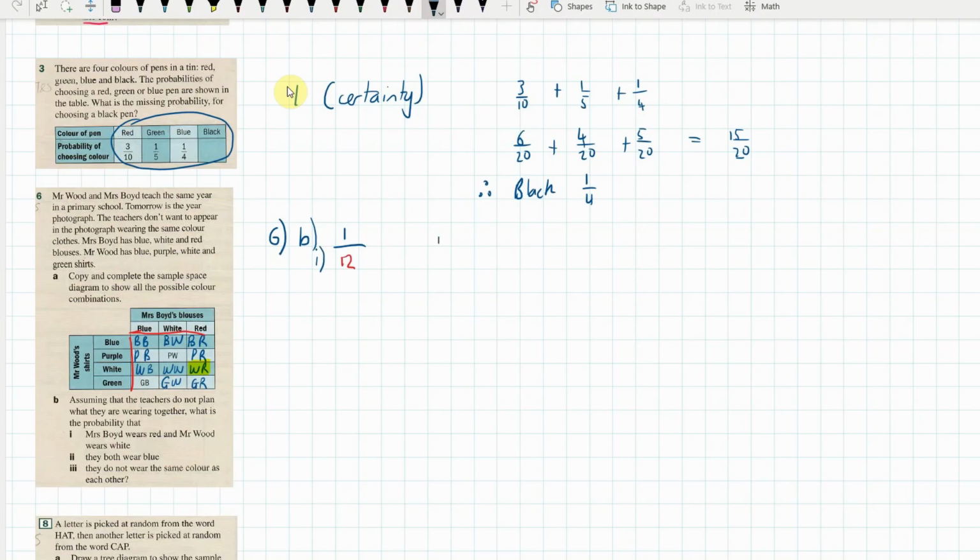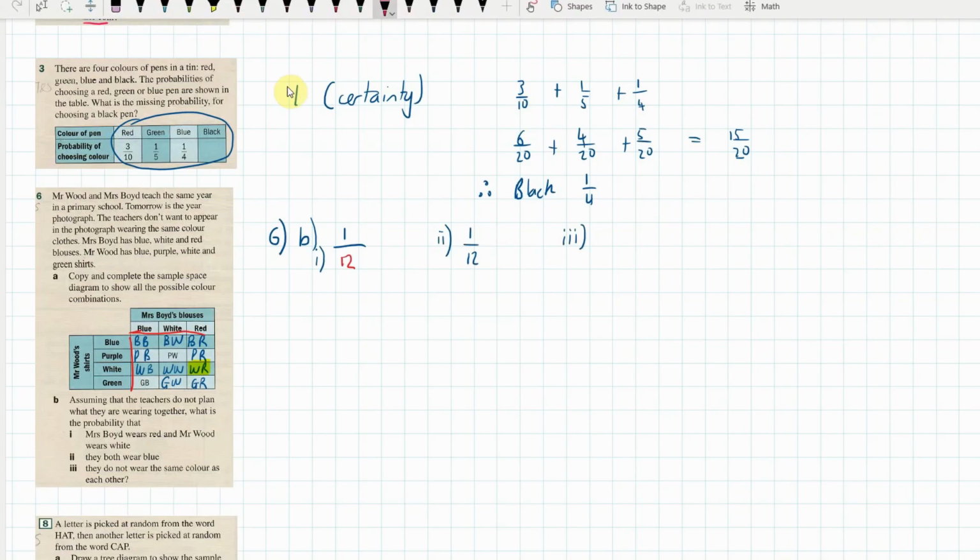Now let's look at part 2. What's the chance that they both wear blue? They both wear blue is going to be 1/12 again. If you look at the diagram, there's only one place where that's true. Now, the last part of this